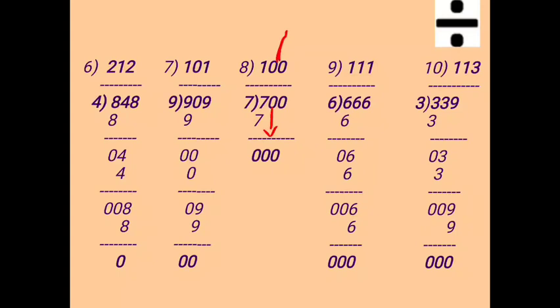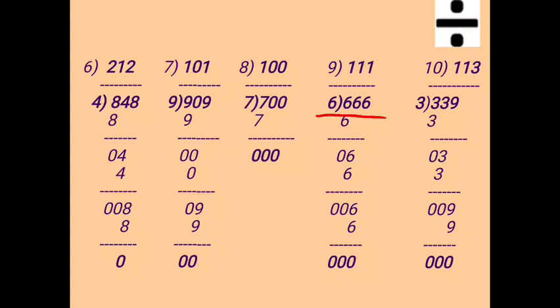Next number. Then after that, bring down the next number, that is again 0. So that is also 7 zeros are 0. So here your remainder is 0 and your quotient, that is your result, is 100. The next sum, that is